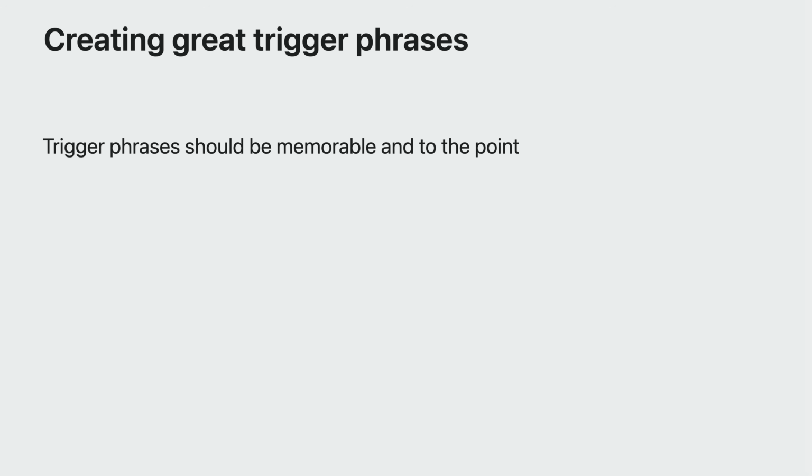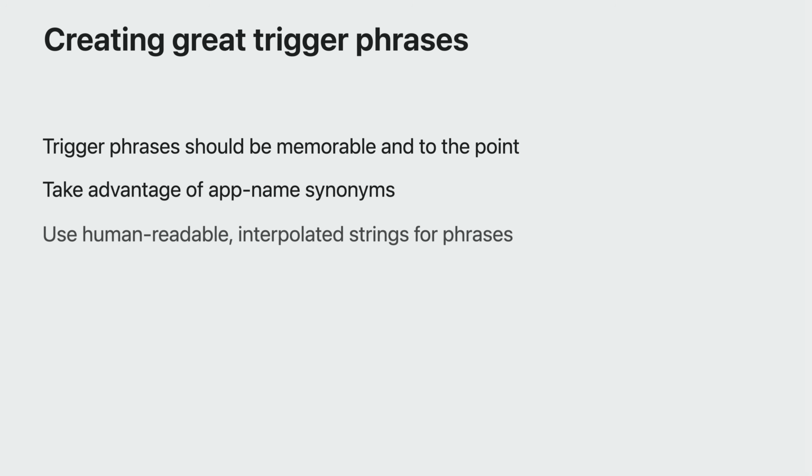Flexible matching, the new App Shortcuts Preview, and String Catalogs will make App Shortcuts far better with Siri. Here are a few tips on making your trigger phrases great. It's important to choose memorable phrases. Your app's users will have lots of other apps on their phones that support App Shortcuts, and in practice, they'll have a hard time remembering exactly how to phrase their shortcuts. Take advantage of app name synonyms. This will help further broaden how your users can invoke your app shortcuts.